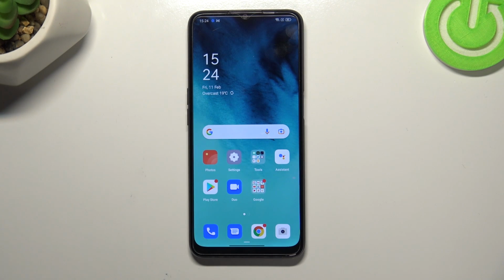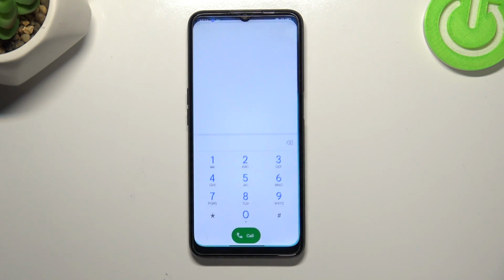Hi everyone, in front of me I've got OPPO A16 and let me share with you how to use secret codes on this device. So first of all, let's open the dialer because this is the place where we will enter all of those codes, and let me begin with the shortest one and probably the most known, which is